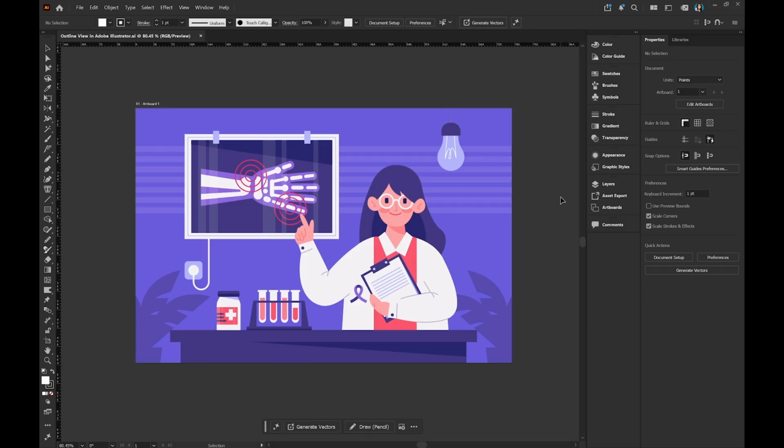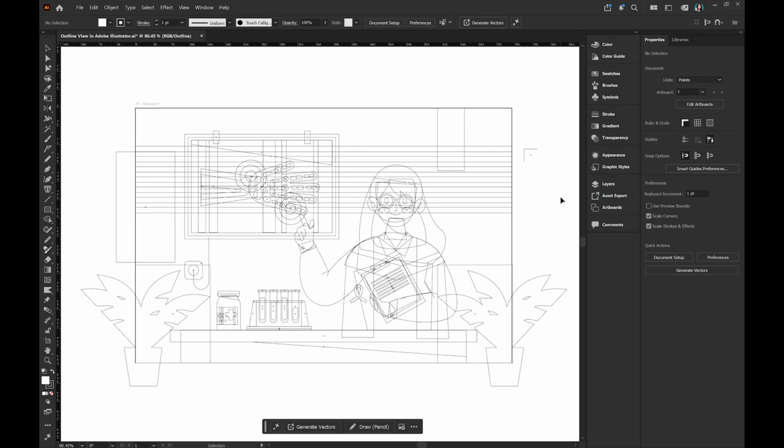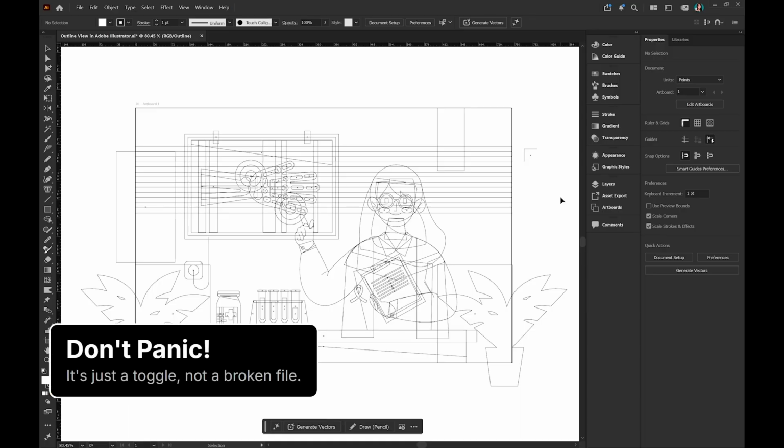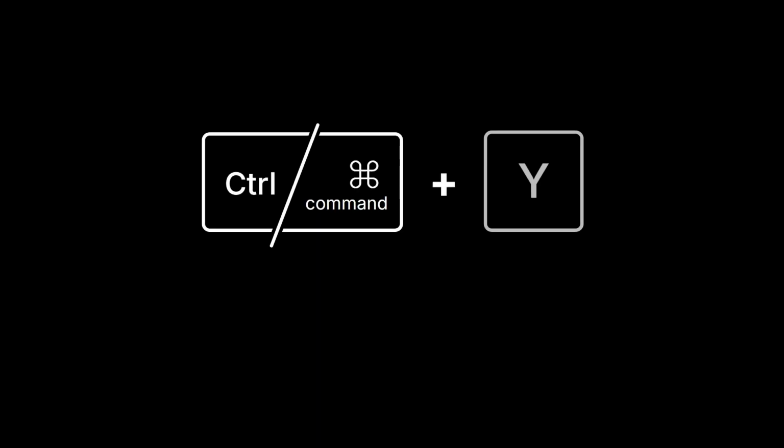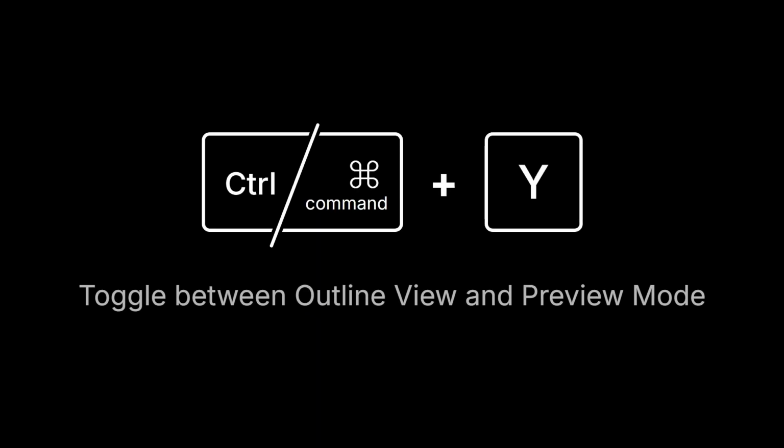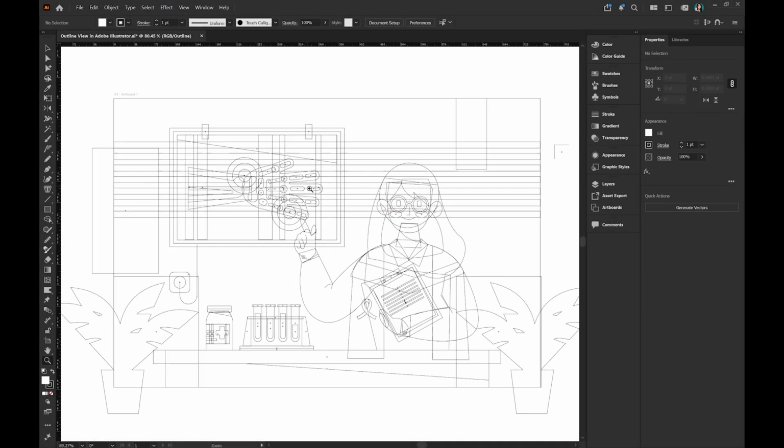It's almost a rite of passage when you're learning Illustrator for the first time to accidentally toggle into outline view at some point and panic as your screen goes black and white and all of the beautiful colors and effects in your artwork are no longer visible. If this has just happened to you, don't worry. A quick toggle will put you right back in preview mode, and this is a great opportunity to learn about what outline mode is and how it can help you in your workflows.